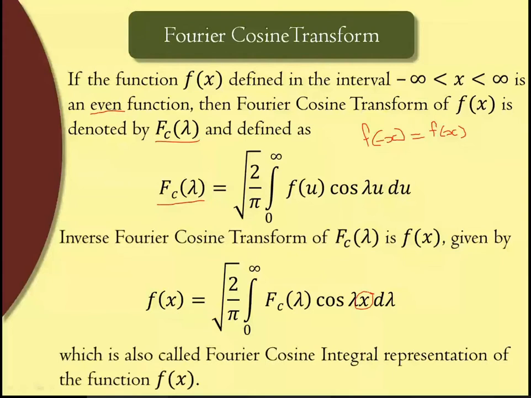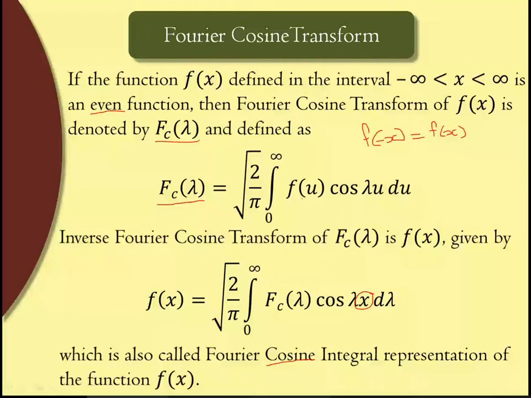Previously we saw the Fourier integral representation. This we call a Fourier cosine integral representation of f of x. So this generally we use for even function. Actually, it can be used for any function, meaning if it is mentioned to find the Fourier cosine transform, then it can be used for any function. But if it is not mentioned, and it says find the Fourier transform of some function, whether cosine or sine, in that case check whether the function is even or not. And if it is even, use the corresponding Fourier cosine transform, and by using this integration, it can be simplified.